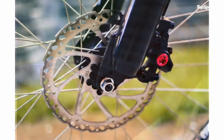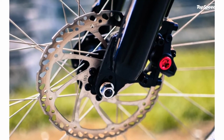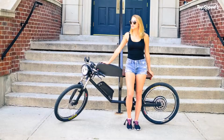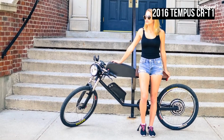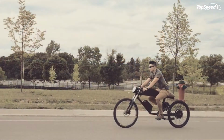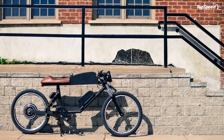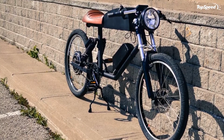Sensors in the pedals determine how much force you are exerting, and the controller matches your effort with the 250 or 500 watt hub motor. Like Tempus, Ariel was heavily influenced by a classic design, but went the California beach cruiser route rather than the café way. It's a nice-looking bike, and cool in its own way with a pocket-friendly price tag at $2,300, but